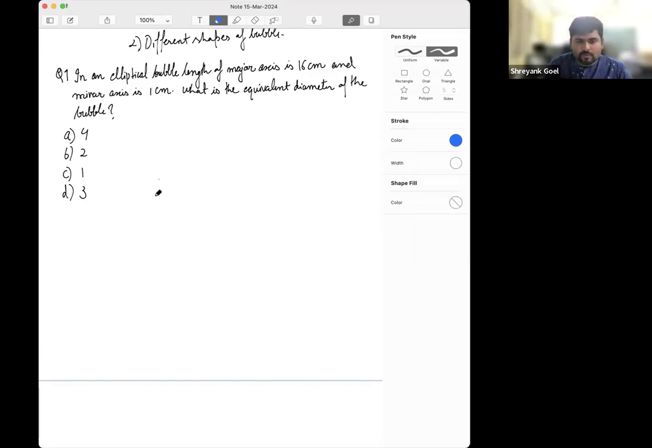The formula for the calculation of equivalent bubble diameter was already discussed in the lecture. The equivalent bubble diameter is 2 into (a square b) to the power 1 by 3. If the bubble is elliptical, then 2a is the length of the major axis and 2b is the length of the minor axis. Here the major axis is 16 centimeter, therefore 2a is 16, and 2b is 1 centimeter. So a is coming to be 8 and b is coming to be